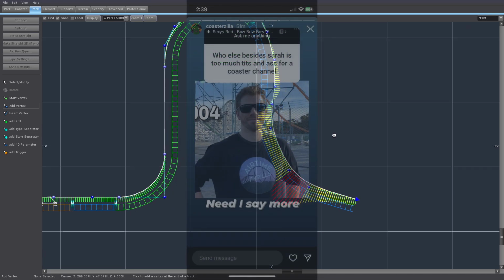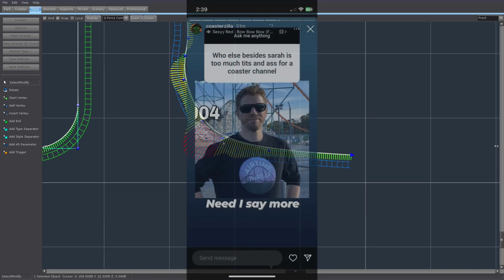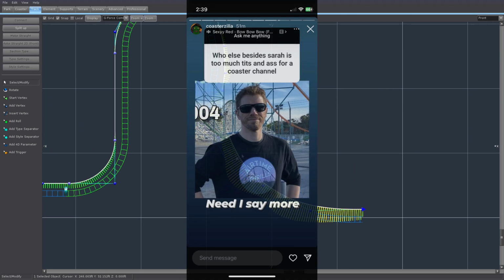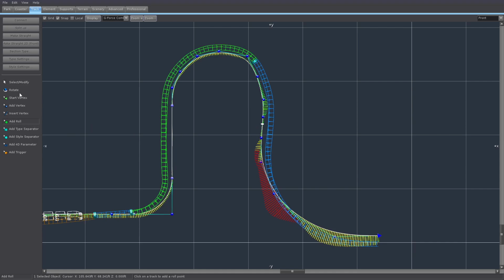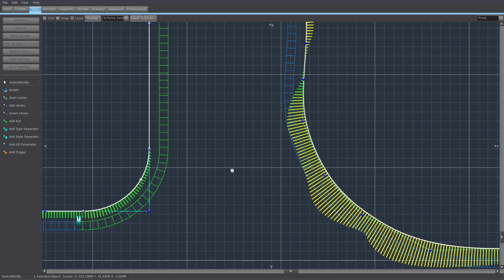Wow. I did not need a, okay. If you don't know what just happened, I'm about to tell you what just happened. So, usually, if you have a drop in No Limits that is beyond vertical, you would need a roll point, and now it's happening. So usually you need roll points